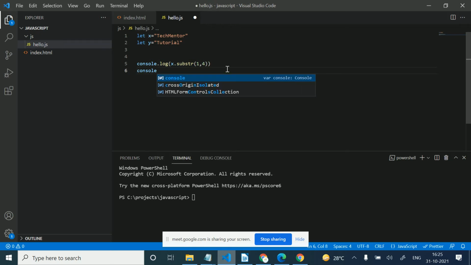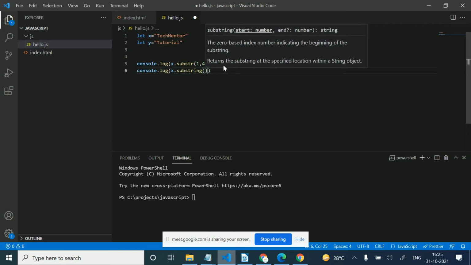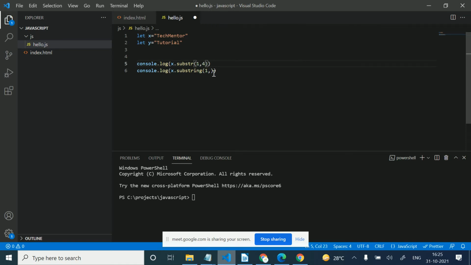So see the difference in this, substring. One parameter here is the position from where we want to get the substring, the same as substr. But here is a difference.